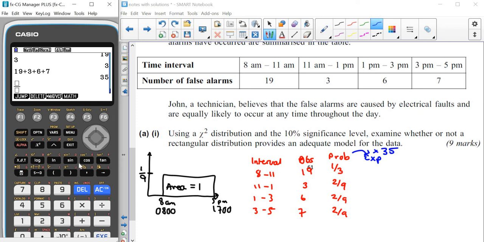So we're going to have a third times 35, which gives us 11.6 recurring. I am going to keep that as a fraction as well. It's 35 over 3. The only reason why I changed it to a decimal was to check that it was greater than 5. Next, we're going to have 2 over 9 times 35,